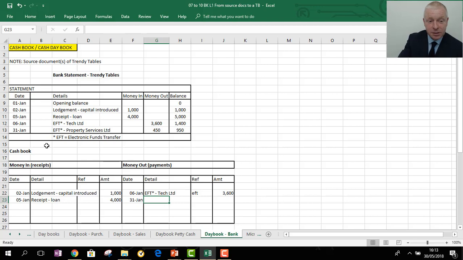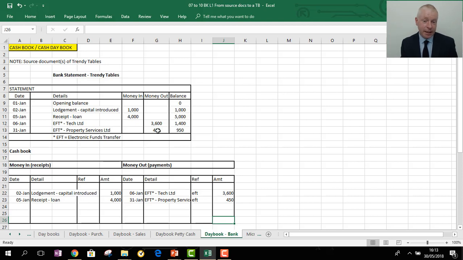31st of Jan, take some detail there. It's a payment out to Property Services Limited. And if you think back, just put EFT in there as well for reference. If you think back to the purchase invoices we looked at, those invoices were generated and recorded and put in the purchase day book. Now the bank shows that those were actually paid during the period. So the last thing I need to put in there is the value. And there we go. So now the payments have been recorded and the receipts have been recorded in the cash